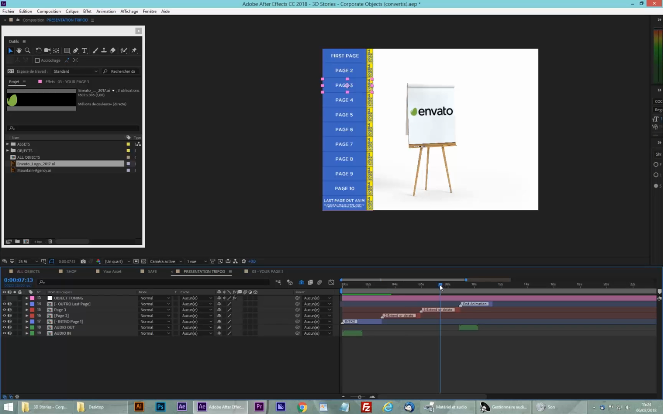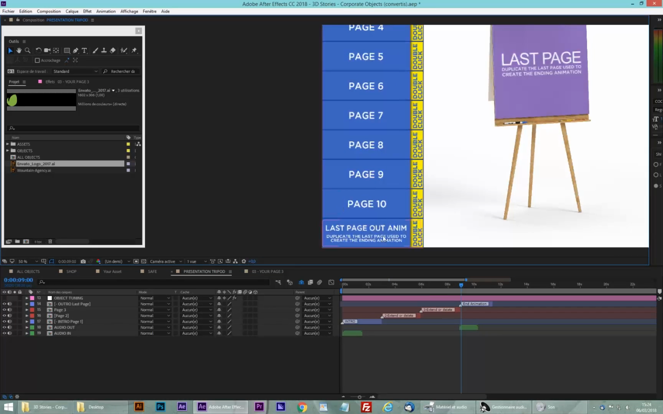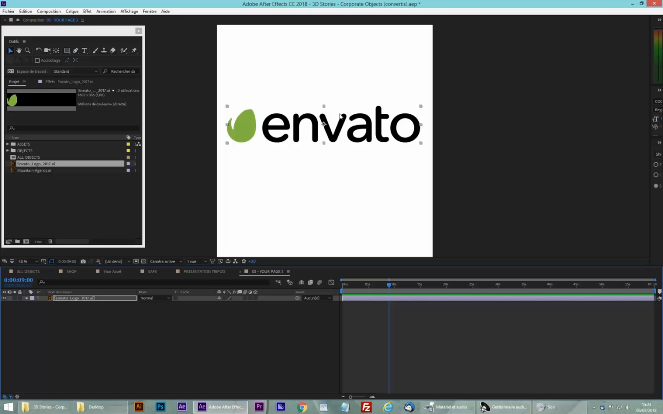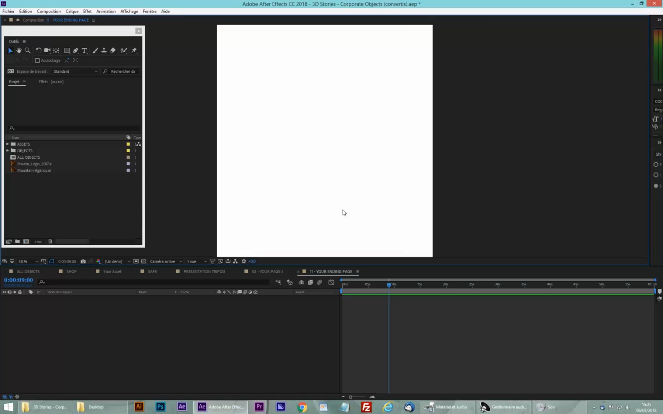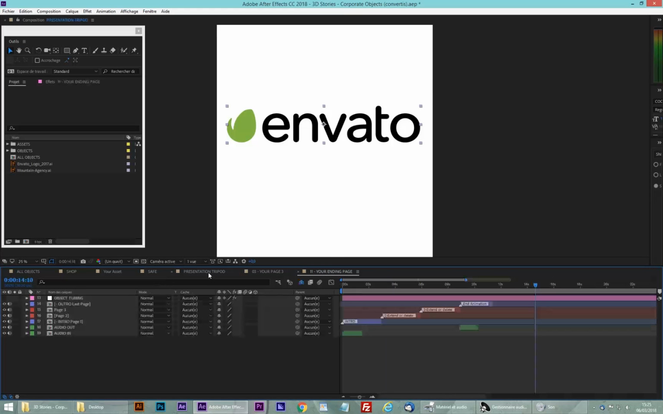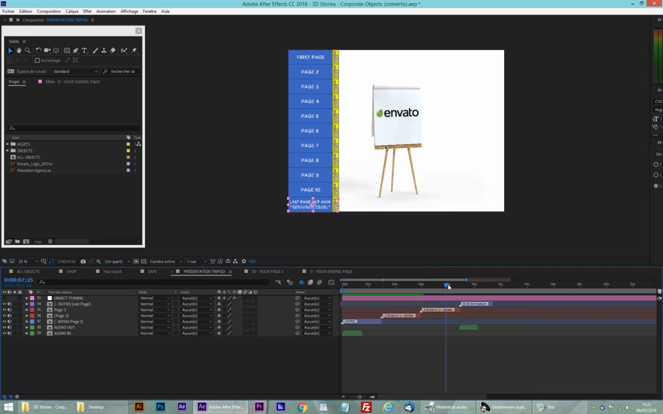Okay, so on page 3 I have my Envato logo, but here I just have to do what's written over here, and this is quite easy because you go on this page, you copy, go on the last page, delete everything, and do exactly the same page as this one. So the object is just coming. I have my page 1, page 2, page 3 with the Envato logo, and the last page for the out animation. Okay,